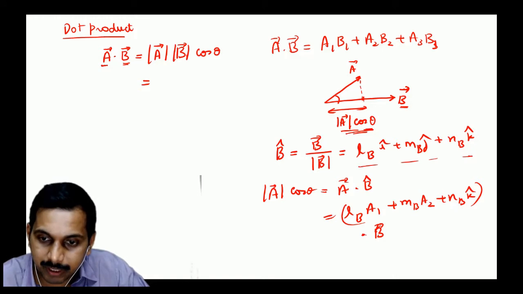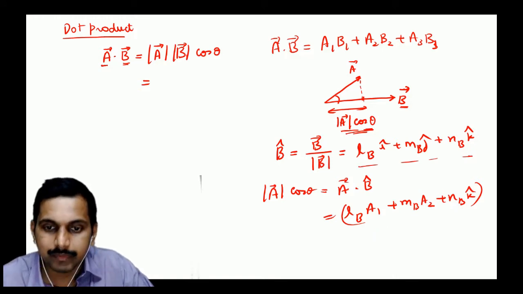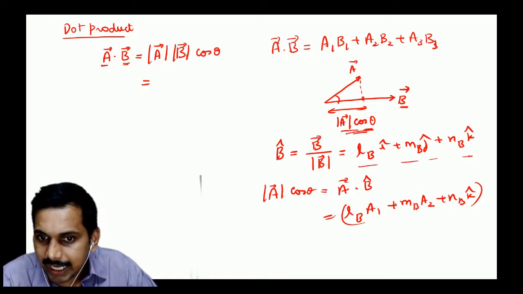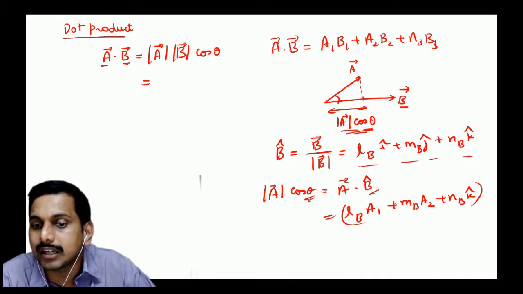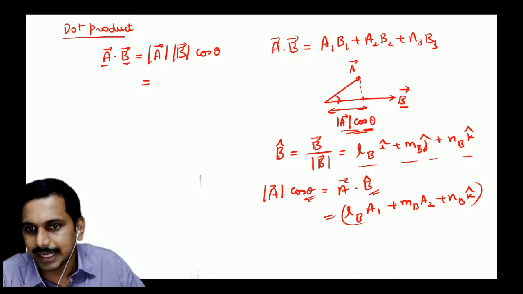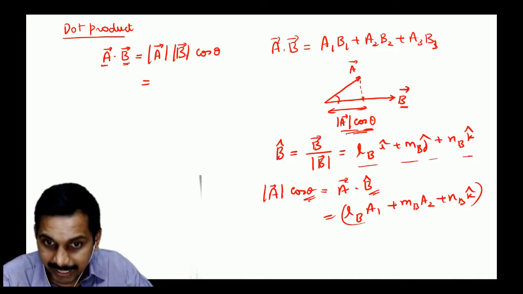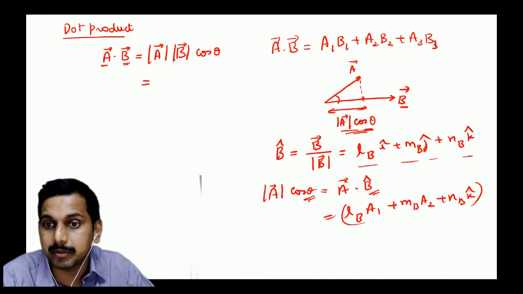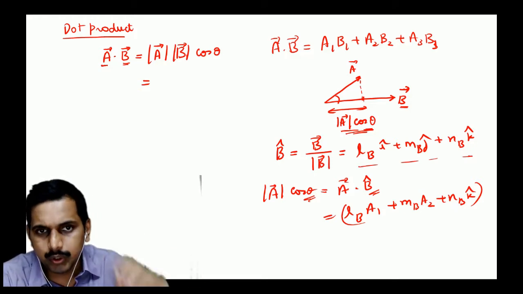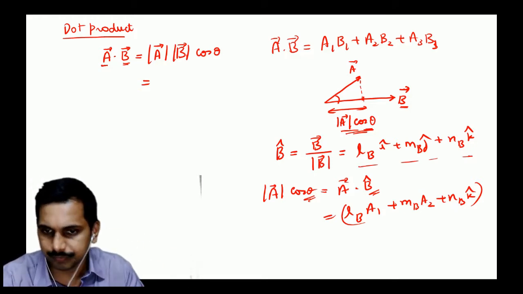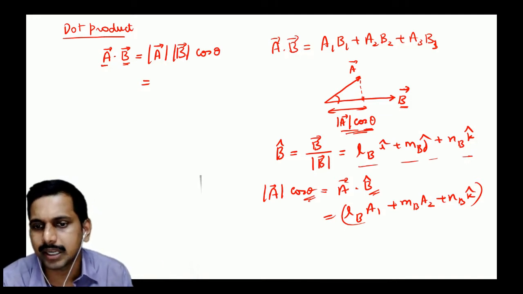A dotted with B. Wait a minute students. Now magnitude of A cos theta is actually equal to this, correct? That's how it comes. Next one: theta is the angle made with B. Keep in mind, I am just complicating it purposefully to instill a bit of thinking in you. If you think like this, you can get a lot of things.